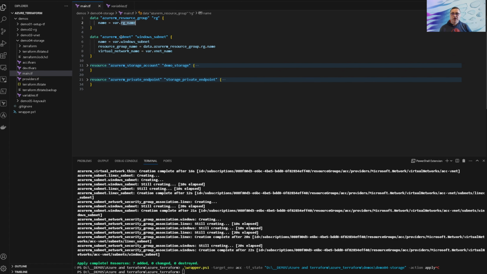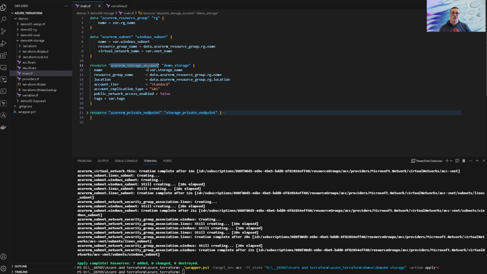And next step, we bind to an Azure subnet, exactly the same way. We give it a name as well, so we can access it later, in later steps, to refer to it, like we're going to do in the next step. So here we have the resource of the storage account itself. Here we give it the name of demo storage inside of the Terraform state. And then here we set some properties. And some of the properties are based on data from the previous step. Like this one, for instance, is getting that from the subnet. This one is getting it from there as well. And